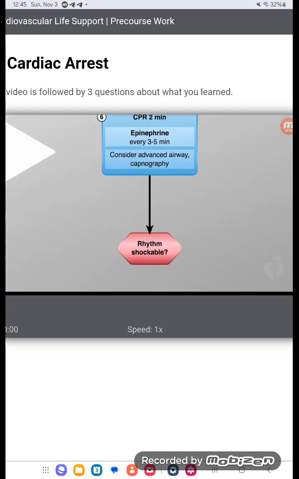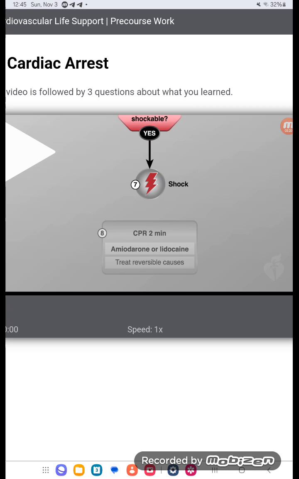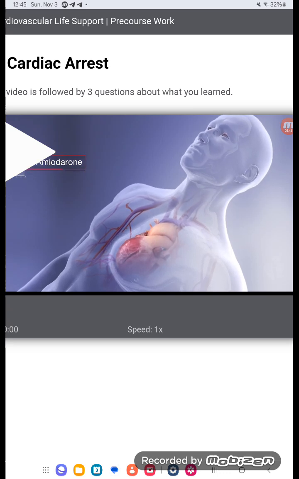interruptions in chest compressions. If a rhythm check reveals a shockable rhythm, deliver another shock. Resume CPR, beginning with chest compressions, for 2 minutes immediately after the shock. At this point, you may consider giving amiodarone or lidocaine, antiarrhythmic agents that have been clinically demonstrated to improve the rate of ROSC and hospital admission in adults with refractory VF or pulseless VT. Amiodarone is a